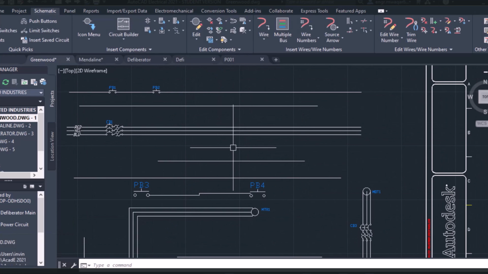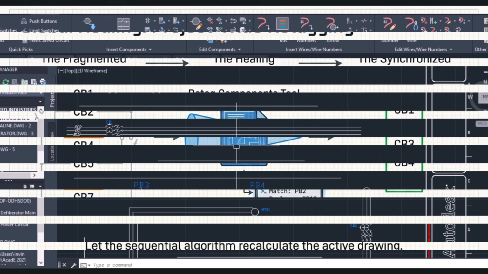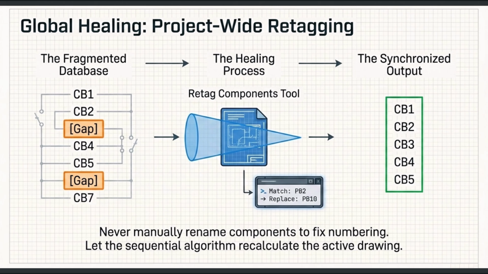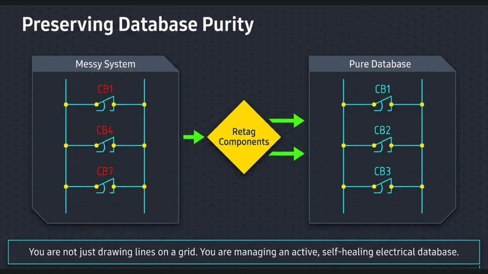The software acts as a mandatory guardrail, forcing you to confront the ripple effects of your revisions so the physical build actually works. And beautifully, the database also cleans up the structural mess left behind by those revisions. Say you go through and delete several outdated breakers, like CB3, CB4, and CB5. Now your sequential numbering is completely fractured. You have CB1, CB2, and then it skips all the way to CB6. A fractured sequence like that is an absolute nightmare for a maintenance crew trying to troubleshoot the physical panel 5